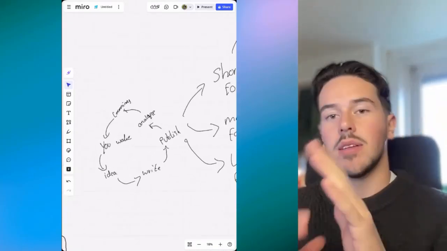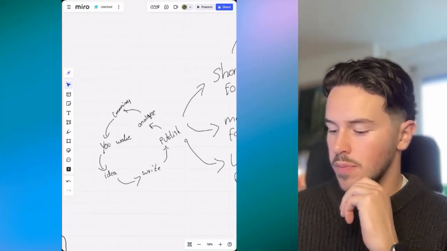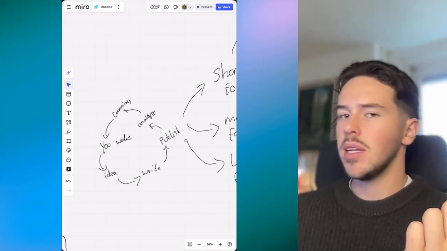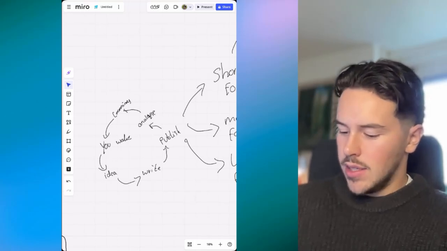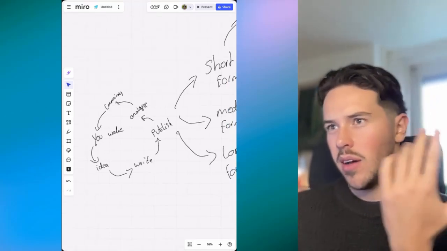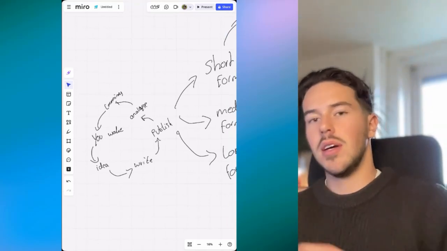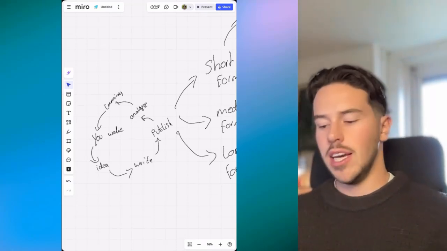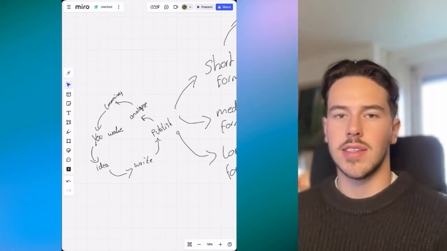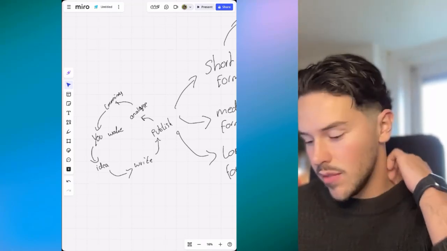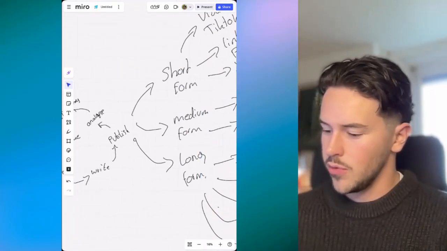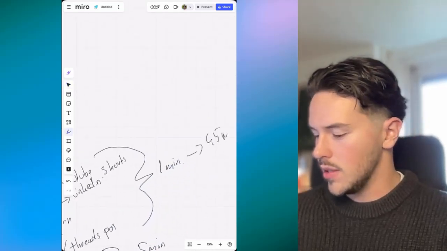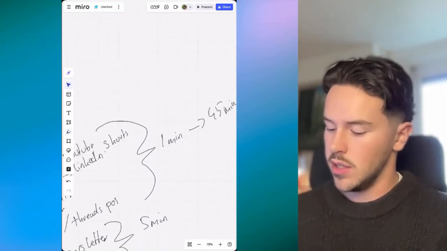Now, you can imagine for a short form, you need to think of some ideas. Maybe you're staring at the paper thinking, okay, Nick, what do I need to write about? 10 minutes. You need to write it, and you're looking like, okay, I'm not really sure how to write this stuff. Another 20 minutes. You kind of figure out how to publish it. Then maybe there's some analysis from the last posts, and you think, what learning points can I get out of this? So maybe a short form piece of content can already take you 45 minutes to make for a 1 minute piece of content.